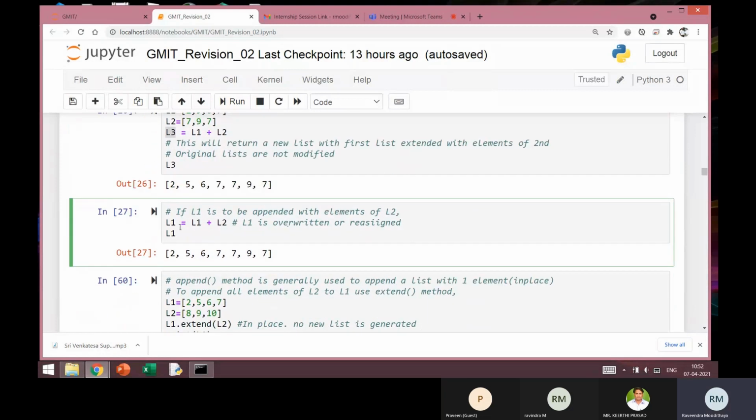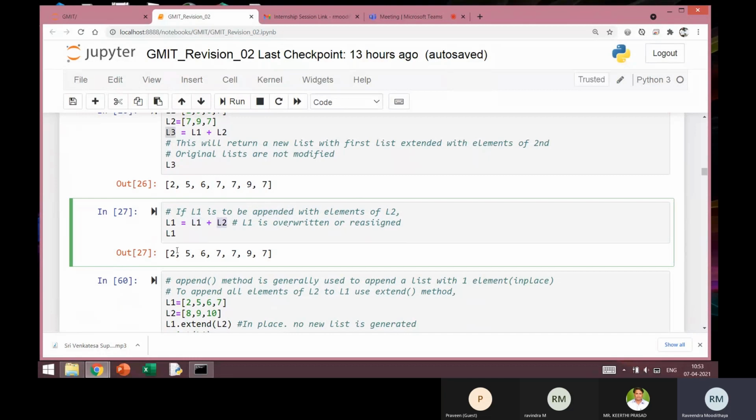The append method will be adding the contents of L2. In fact, the append method can add only one value to another value. This is another important difference. Though I have written append, here what I mean is I want L1 to be modified with the contents of the original old L1 and L2.